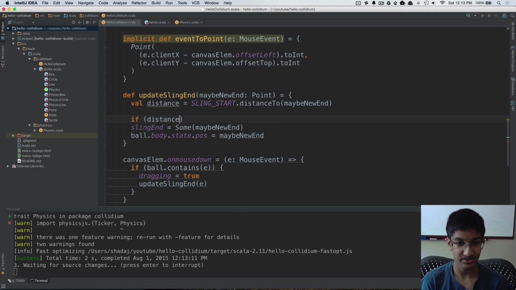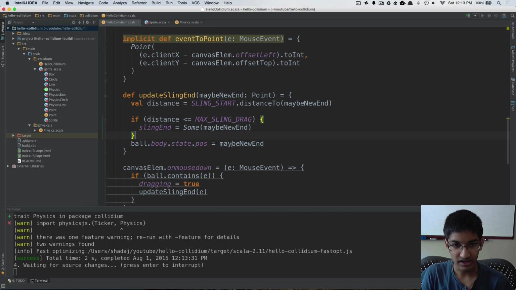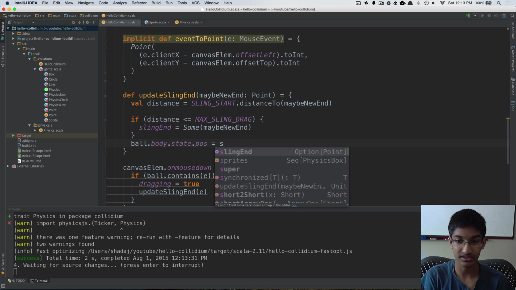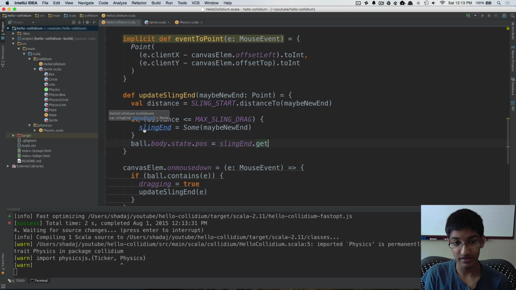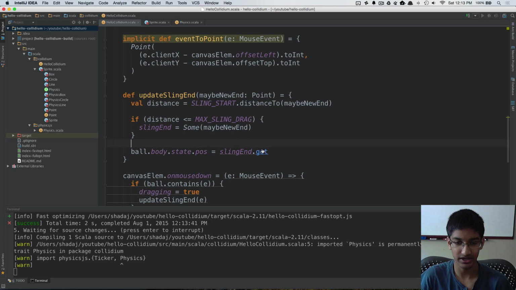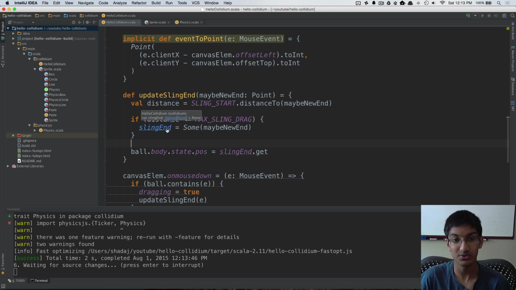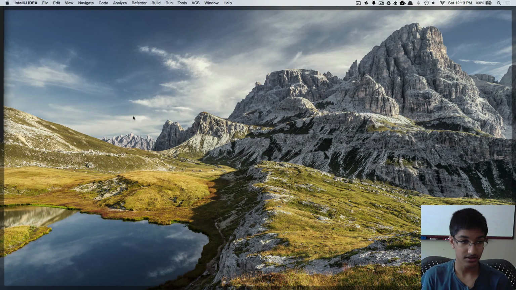If our distance is less than or equal to our max sling drag, then we're going to set the new sling end. And here, instead of using maybe new end, we can just use sling end dot get. So then all we have to do, within our if else, is set sling end, and this code doesn't have to be duplicated because we just depend on the value that was set earlier. But in the case that the distance is